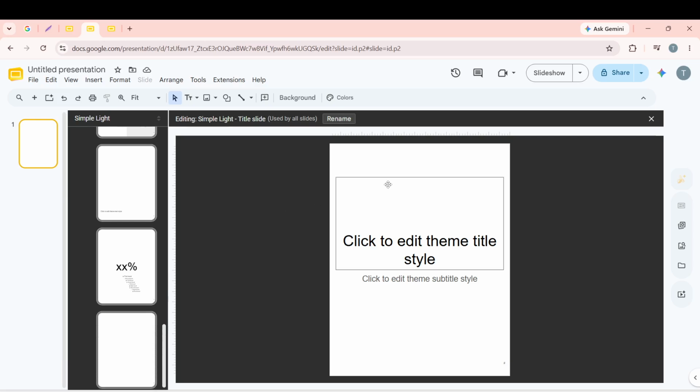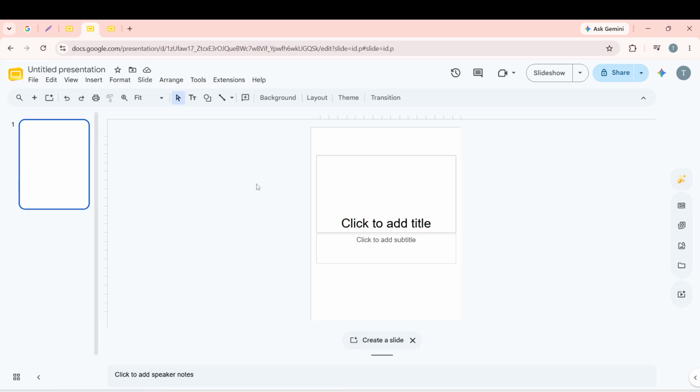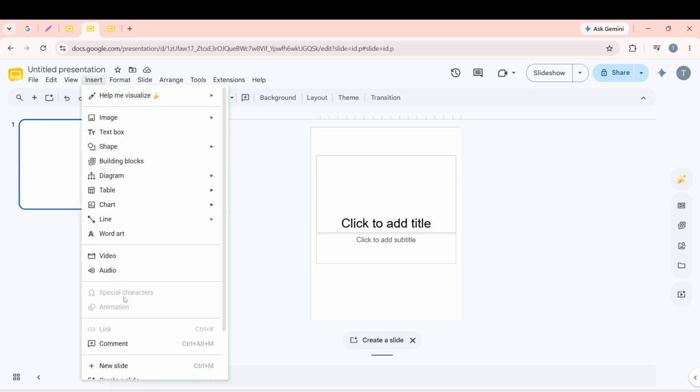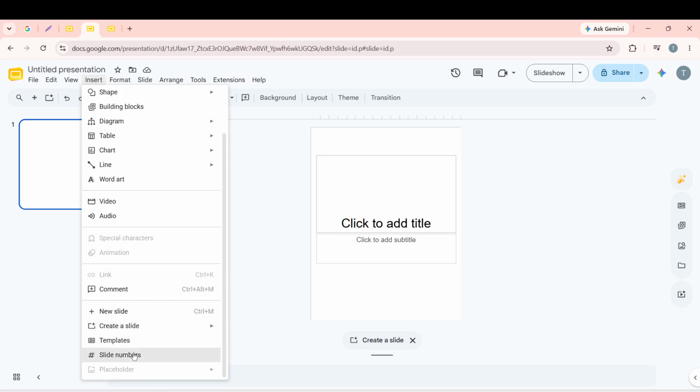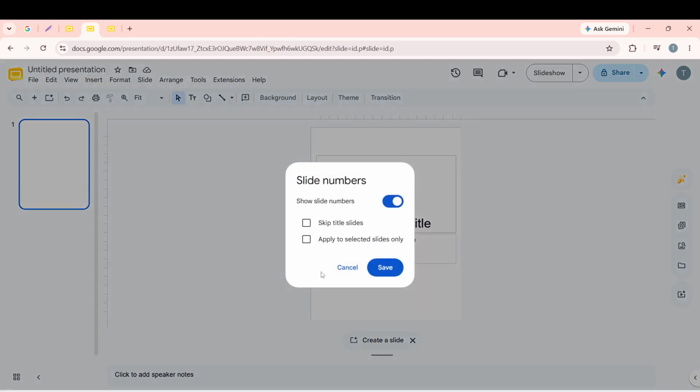When you're satisfied with your templates, click the X in the top right corner of the theme editor to close it. Now, when you add a new slide, you'll have the option to select these pre-formatted page structures, making your book building process much smoother. Next, navigate to Insert and then Slide Numbers. This feature automatically numbers your pages, maintaining the order and helping readers navigate through your book.